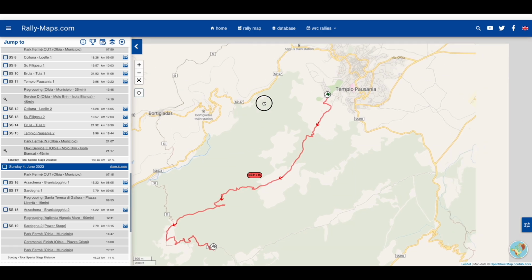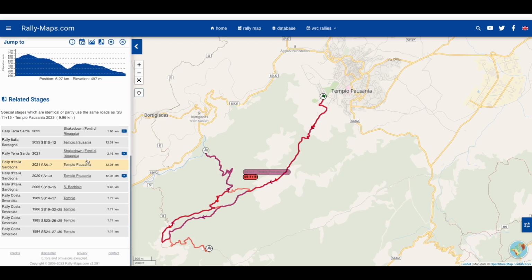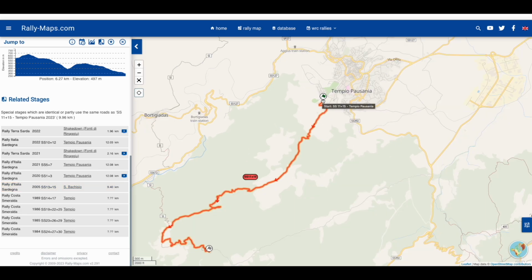It's called Tempio Pausania, and this has been driven for the past 3 years in a different configuration. And now it's actually closer to how it was in the old Costa Smeralda years. And also some same sections that were used in 2005 in the WRC event, although in the opposite direction. This stage also has a lot of rhythm and surface changes, and it's a pretty slow and technical and narrow